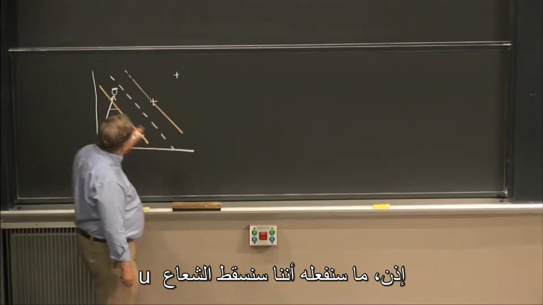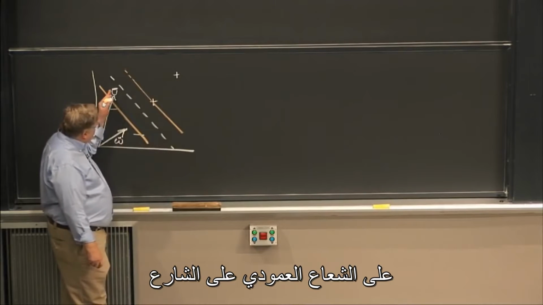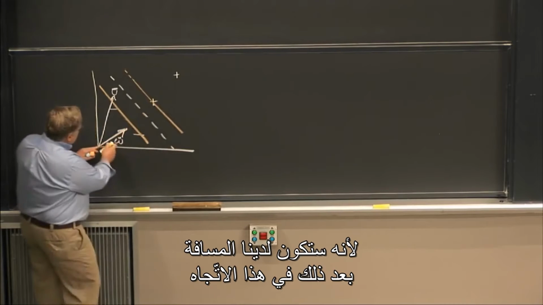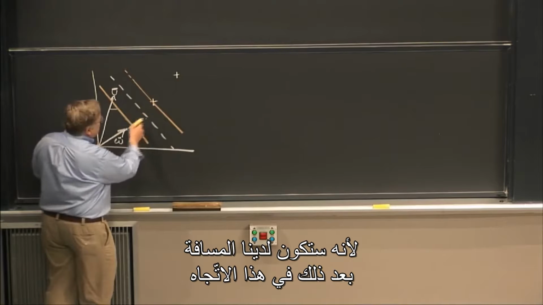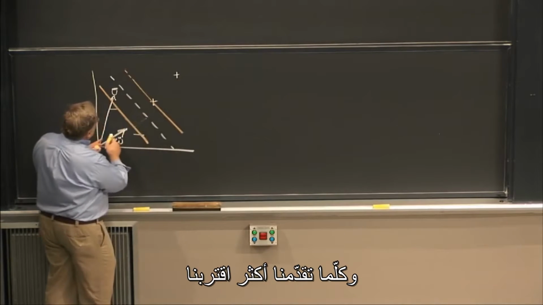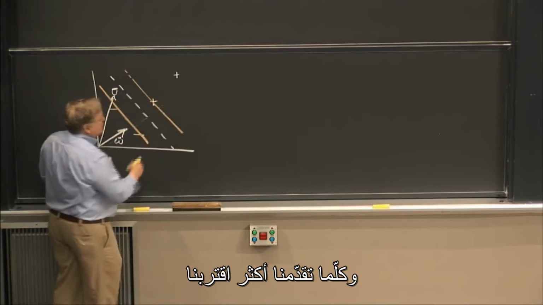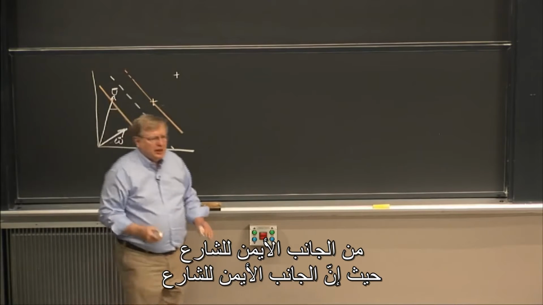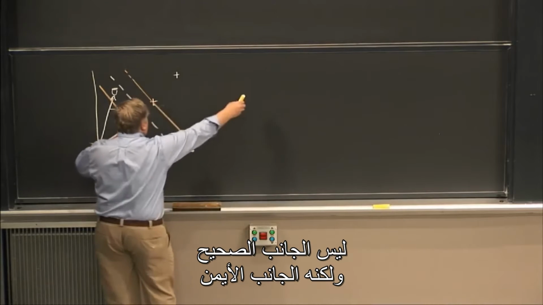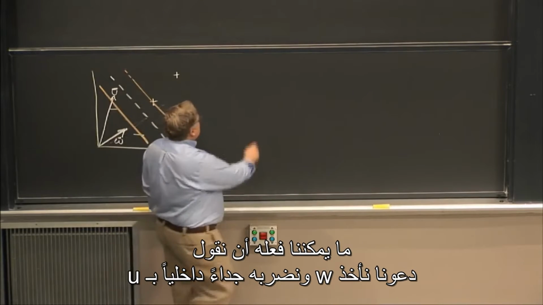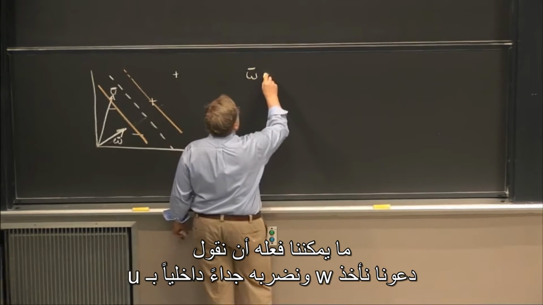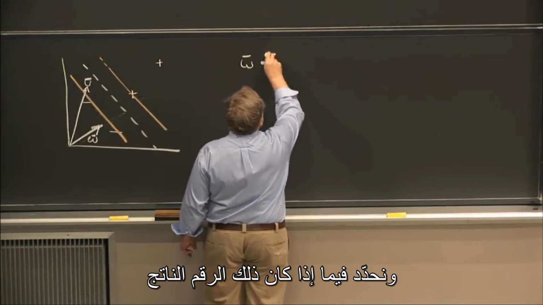So what we want to do is project that vector u down on the one that's perpendicular to the street, because then we'll have the distance in this direction, or a number that's proportional to the distance in this direction, and the further out we go, the closer we'll get to being on the right side of the street, where the right side of the street is not the correct side, but actually the right side of the street. So what we can do is take w and dot it with u